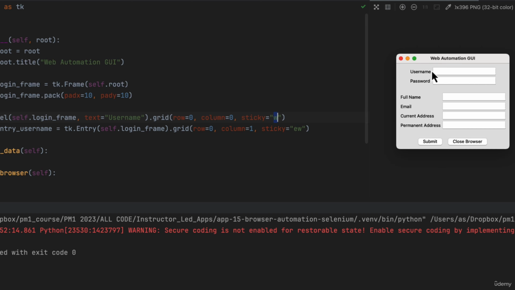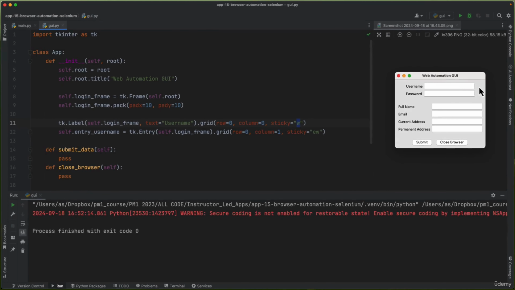So the cell starts here and ends here, but then we have this 10 units of padding, which we defined in this, pad X, pad Y. So that's the idea. You can experiment with these parameters if you like. Let's move on to the next